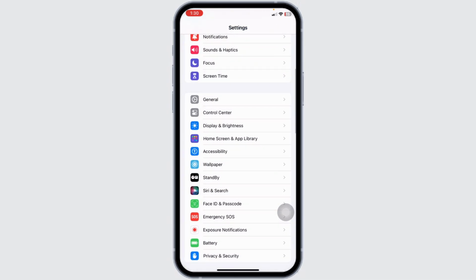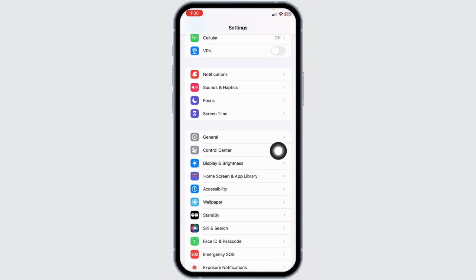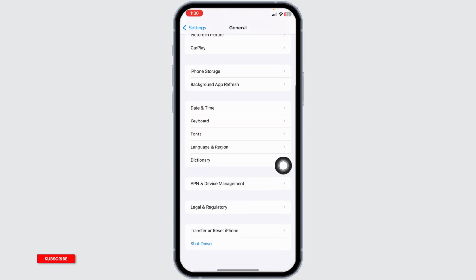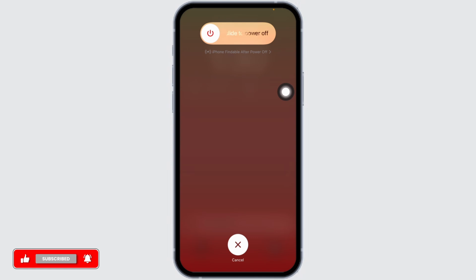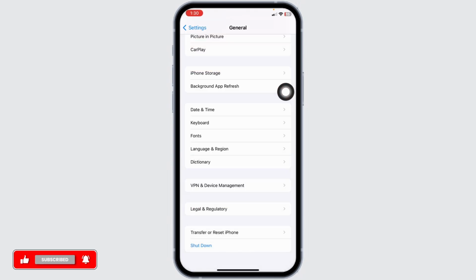Heading towards the next solution, go back to the main page of settings, open this option general, scroll all the way down, click on this option of shutdown. Now slide this icon to the right to turn off your phone. After you turn off your phone, wait for a few minutes, turn it back on and check whether your problem has